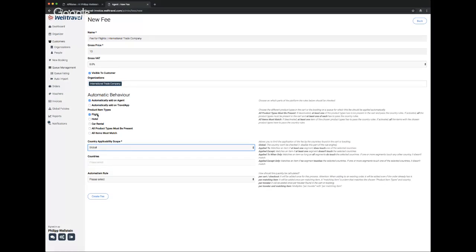So whenever there is a flight, it will automatically add on the agent platform when the travel agent does a booking for any traveler that is associated with the international trade company. It will automatically add this fee. Now I can go ahead and add one of those